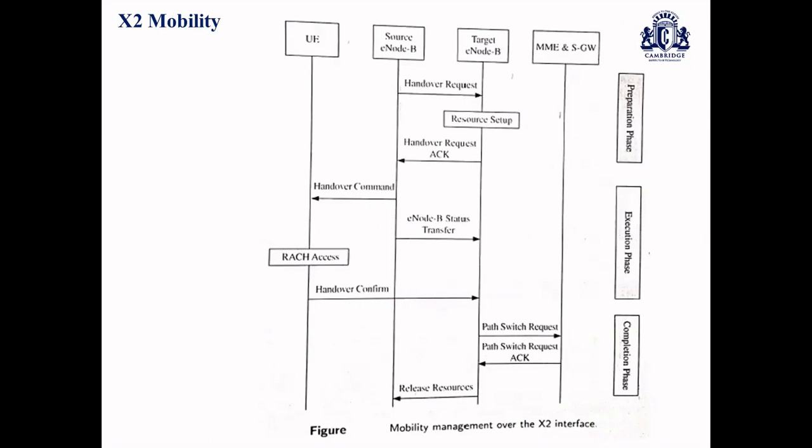Once the handover decision has been made by the source eNode B, it sends a handover request to the target eNode B. Once the target eNode B receives this message, it works with the mobility management entity as well as the gateway, especially the serving GPRS gateway, to set up the resources for the UE. This happens in the preparation phase, followed by each UE having the same RAB, nothing but radio access bearers, at the target eNode B with the same quality of service as it had on the source eNode B. The target eNode B responds to the source eNode B with a handover request acknowledgement once it is ready.